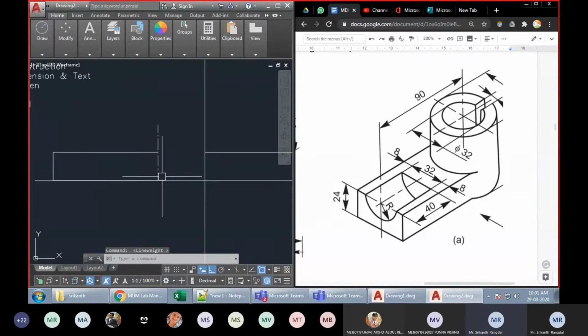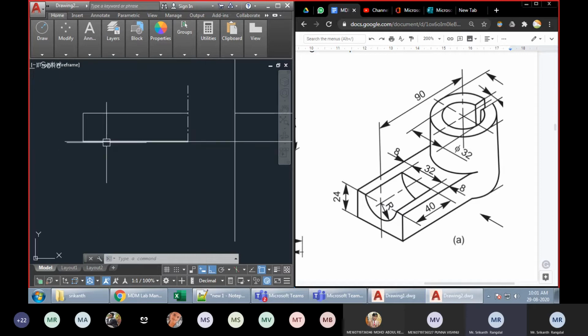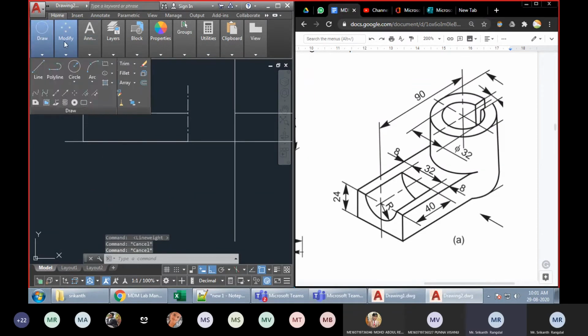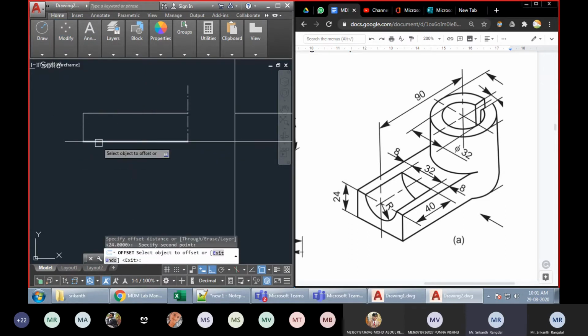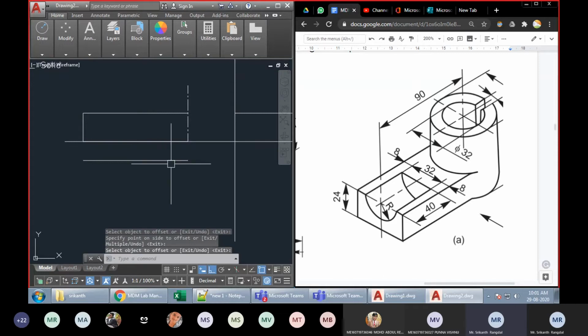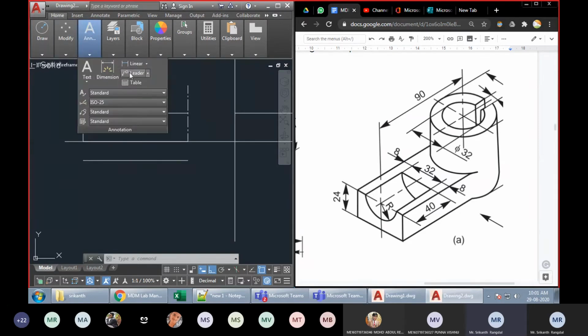Okay. So next, we have to get this groove. When you see from the front, and when we do the section, this groove will appear slightly differently. So what I will do now is first draw the top view. Just start drawing the top view. I'll again go to the offset command, modify offset, and I'll just take some random distance and offset it. Now the horizontal length, how much is the horizontal length? We have 32 plus 8 plus 8. So I'll just take offset that many times.